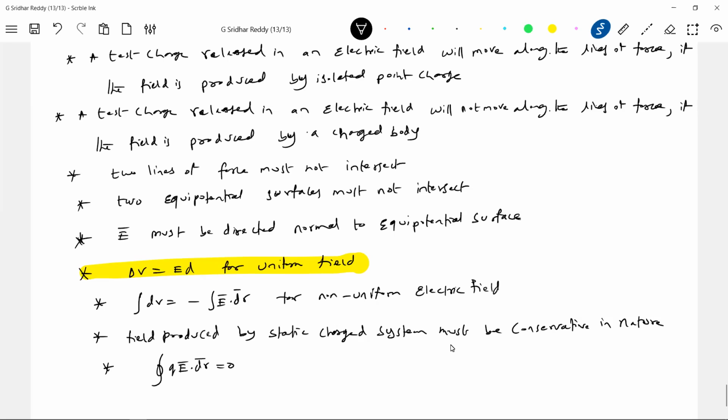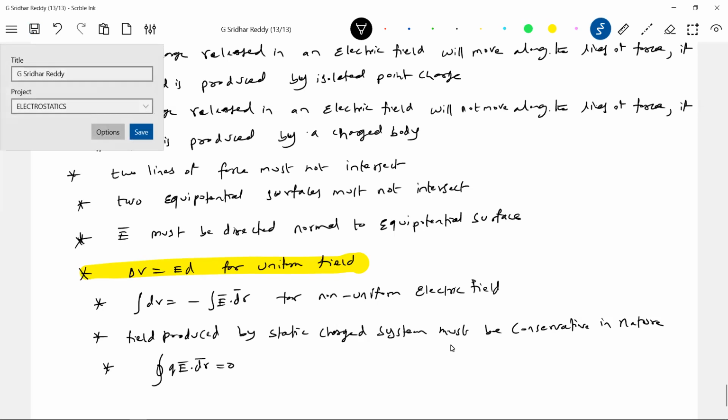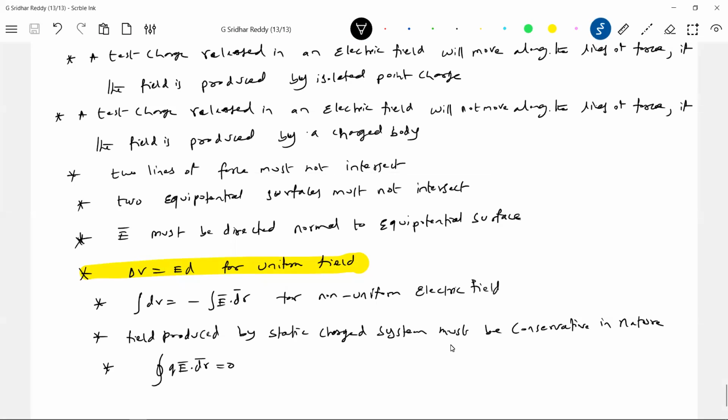I think we'll wind up the class, and after this we'll have a counseling session. Try to revise the different types of numericals which are available in basic textbooks, then you'll get the overall picture. So try to work out all those math-based problems also. No problem, work out a few so that you'll be in a better position in the exam.